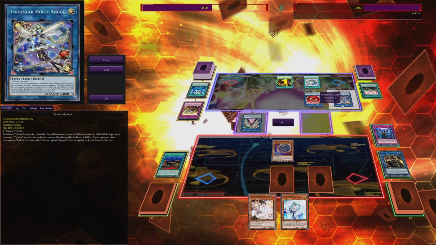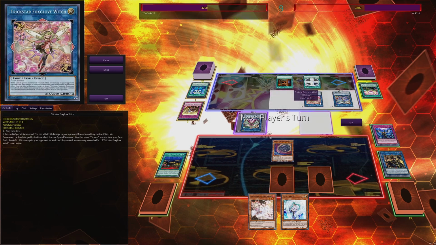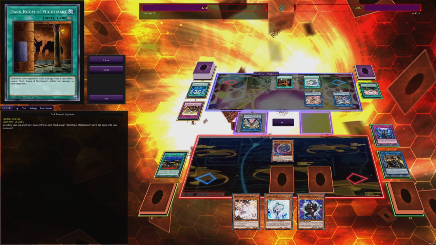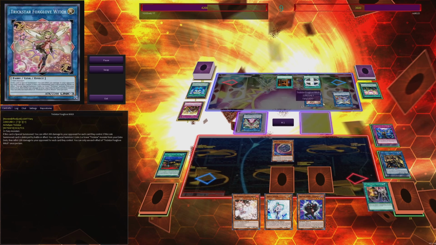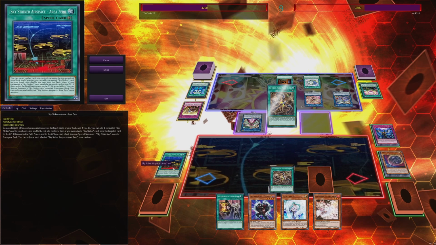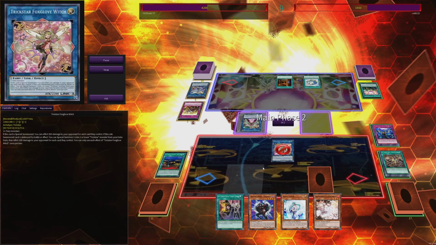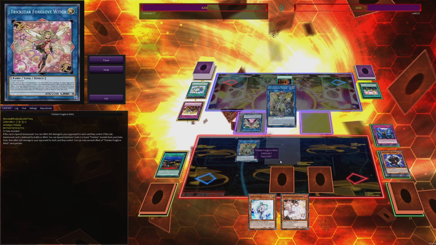So he's basically just going to summon a ton more monsters, but nothing really to do. Just tries to burn me, just little tick burns from Dark Room of Nightmare and some of the monster effects. So I'm going to use Area 0 again. I'm able to get Shark Cannon to hand, and I'm going to use Widow Anchor to take his Foxglove Witch